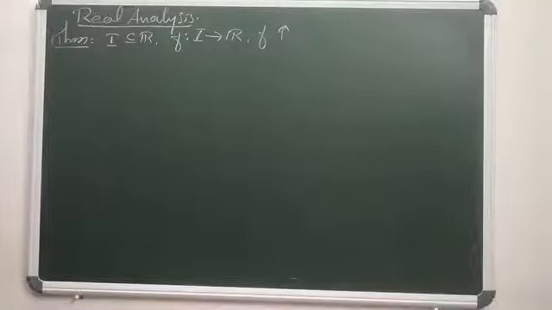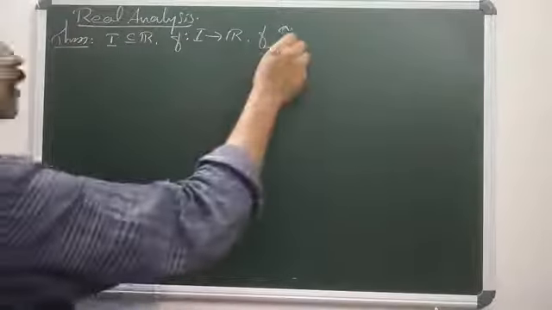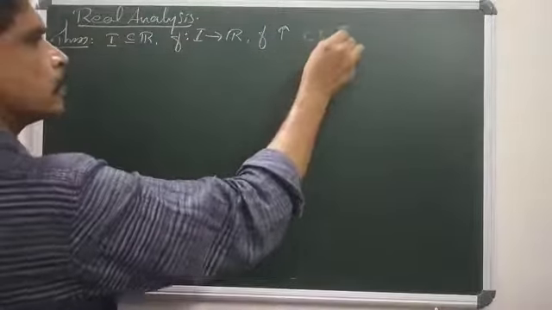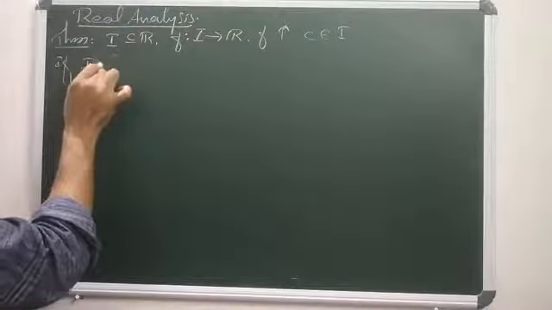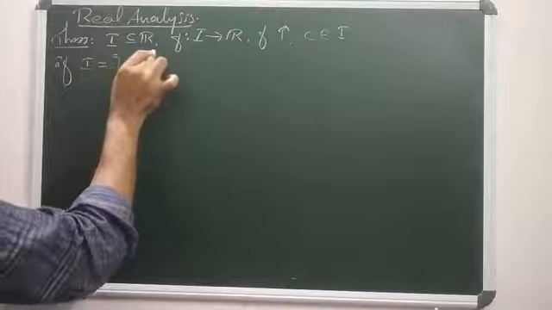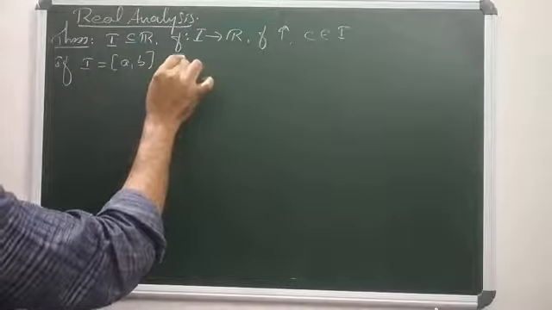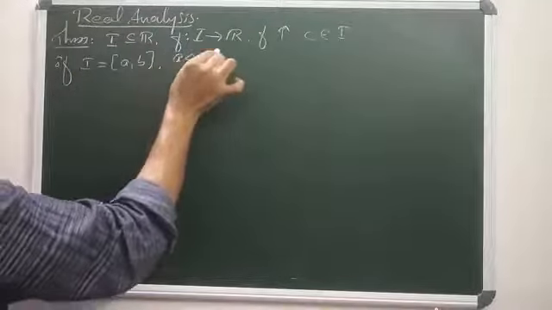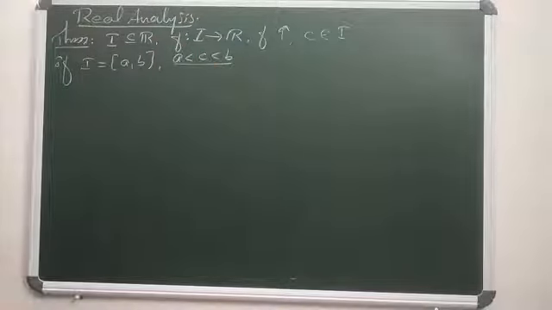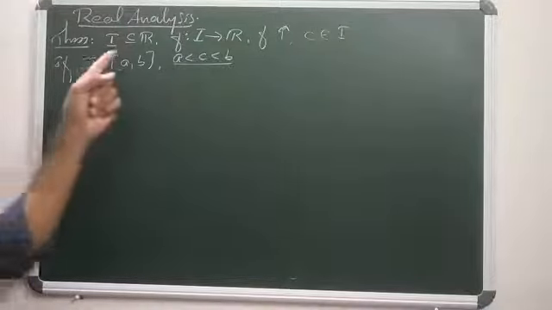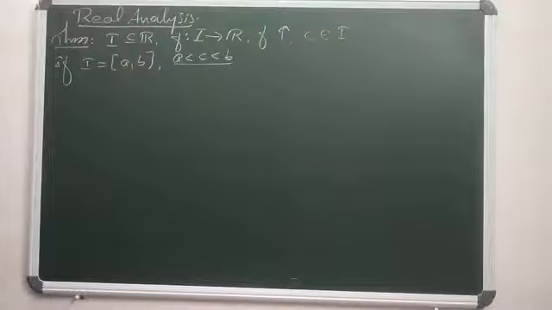Let c fall in I, and if I equals the closed interval [a, b], then this c always lies in between a and b. That is, c is not an endpoint of I, and f is an increasing function from I to R, then